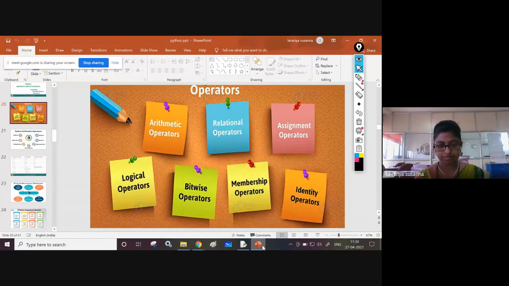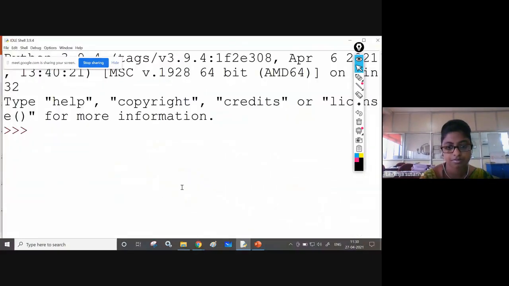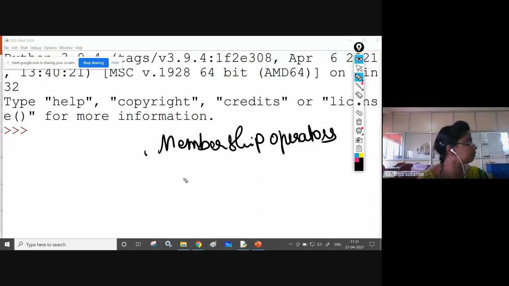Let us see the membership operators. There are two membership operators: in and not in.